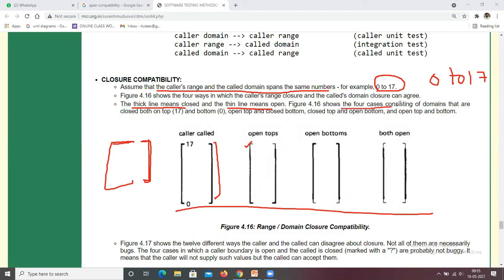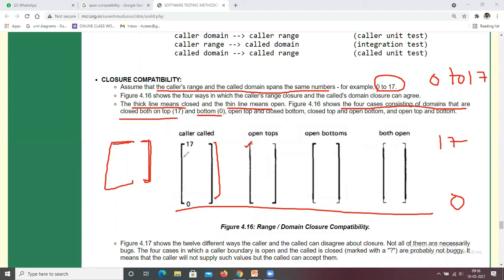The four cases consist of domains that are closed both on top and bottom, 0 to 17.